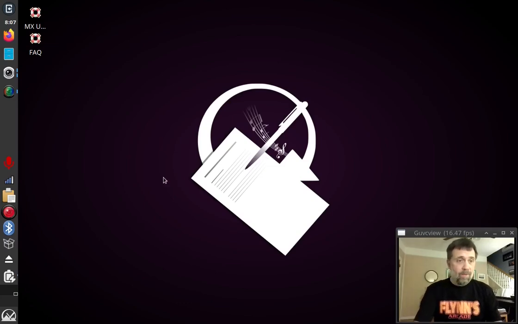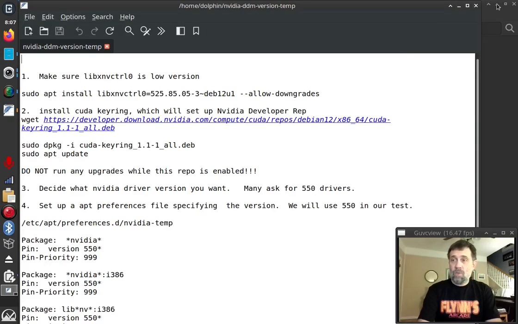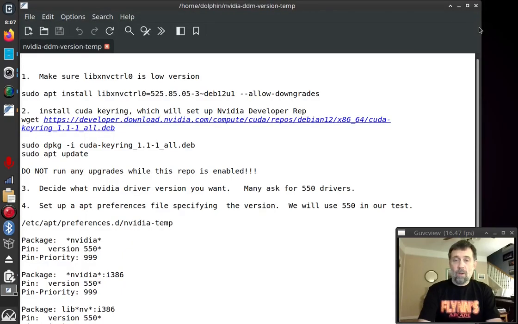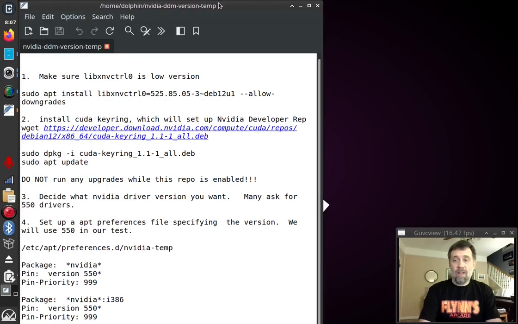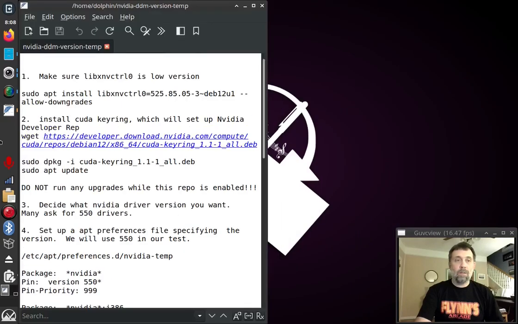So I'm going to open up my file manager here, and I have a cheat sheet of notes, and these notes are god-awful big because I have my screen cranked up to a weird resolution so you guys can see them. And naturally I go and hide it. Okay, so number one, we want to make sure that this library, libxnvcontrol0, is some